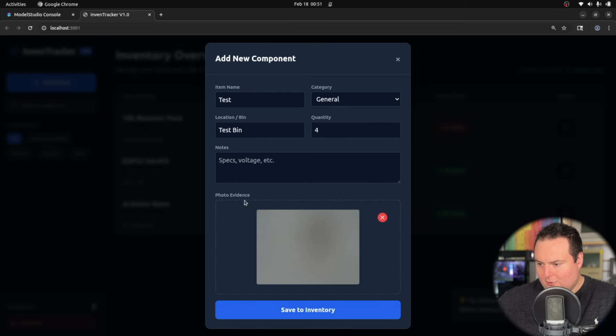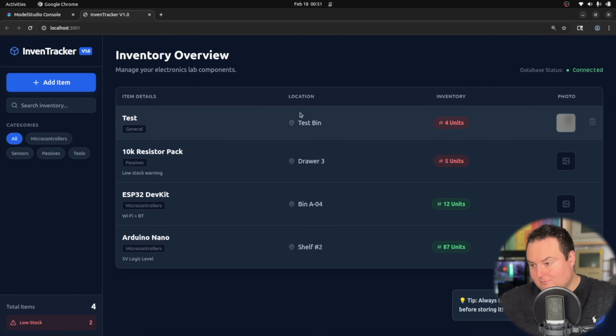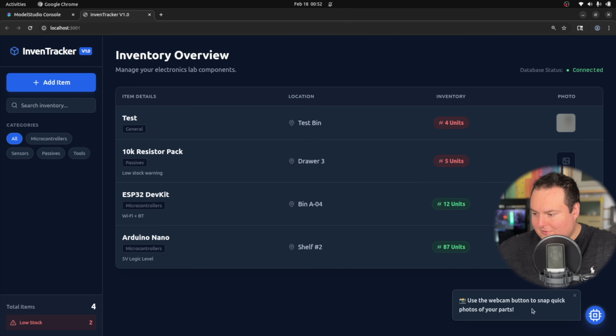Okay, so we have our photo evidence right there, and cool. So we added that with a photo taken from the webcam, which will definitely make this simpler. Use the webcam button to snap quick photos of your parts. Very interesting, Chip. That was actually helpful, and it did update to reflect the specific software change that we made